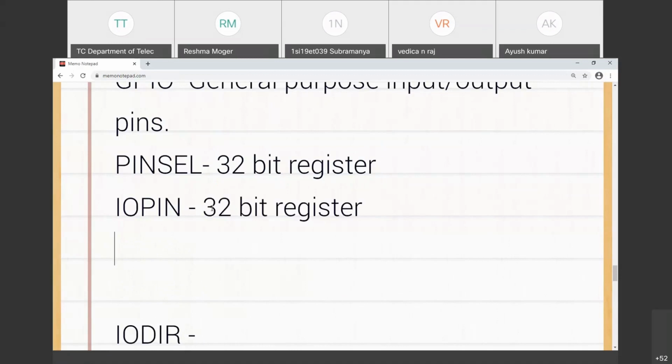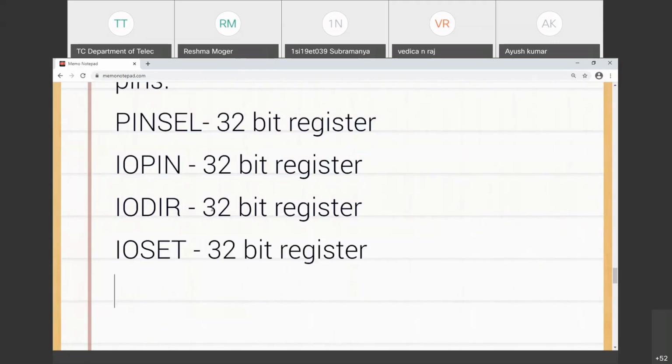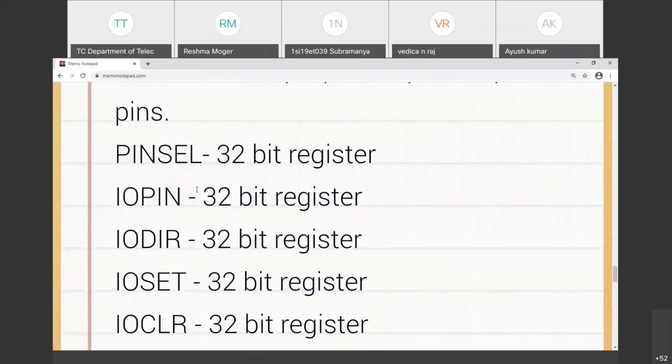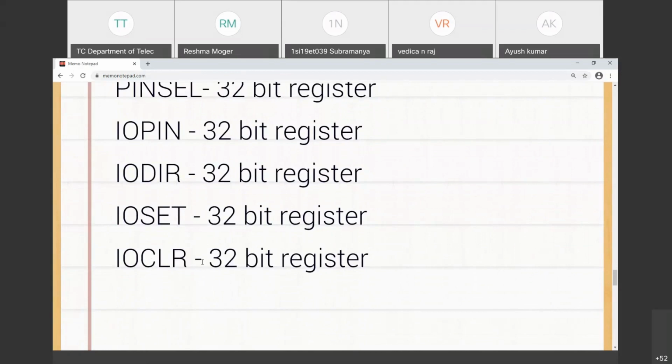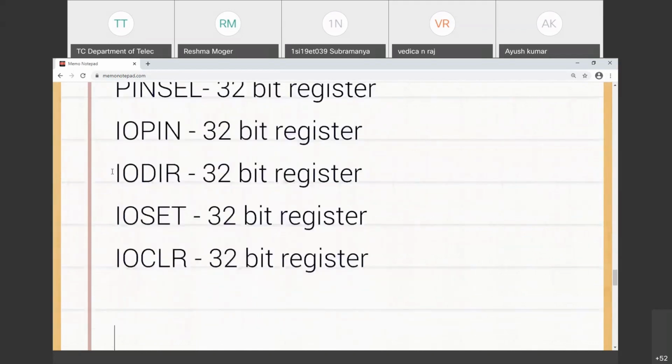Now when you see IODIR, what is the functionality associated? These registers are used for configuring the IO ports. So how many registers are there? Pin select, IO pin, IODIR, IO set, IO clear are the 32-bit registers. If I put some value in these registers, then the processor will understand what task I need to do. For example, IODIR means